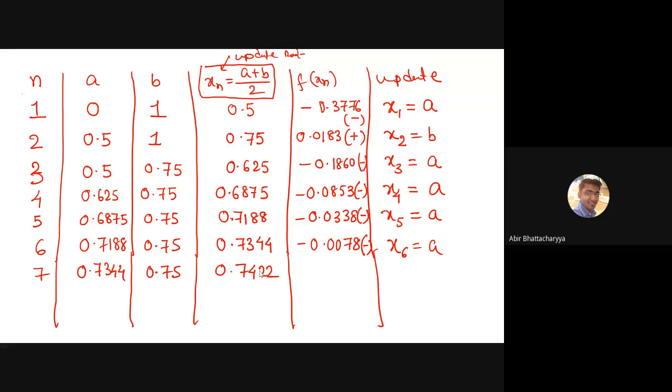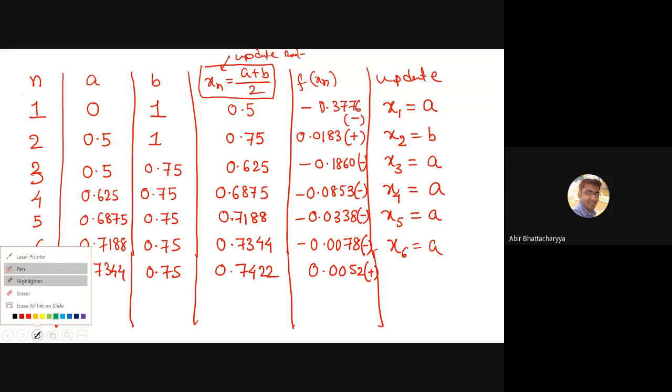0.72422. Correct, Ghaziabas. Correct, Jeet. And we'll get 0.0052. Now it's positive. Now my question is, shall I stop now or shall I move further? Because I need to go up to 2 decimal places. Now look at this. In this case, I get 2 decimal places, this one 0.73, and